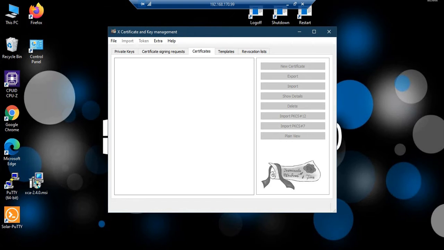Now I have installed the XCA application. Now I am going to create a new database.